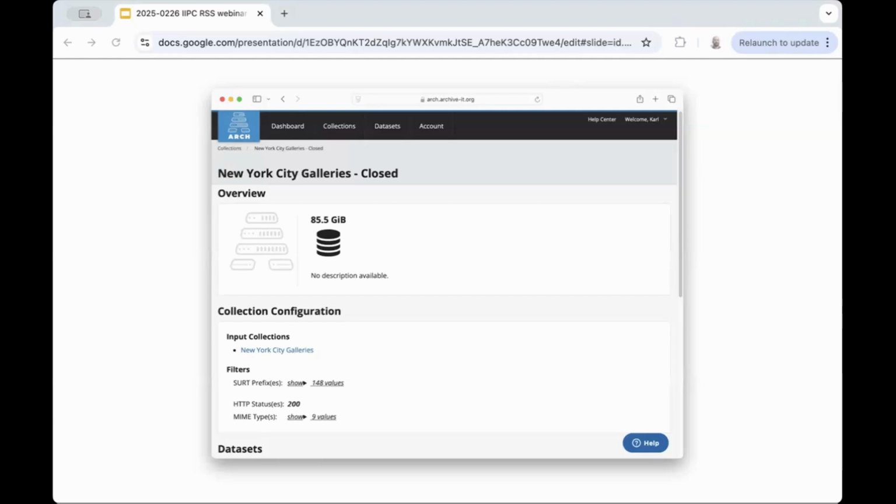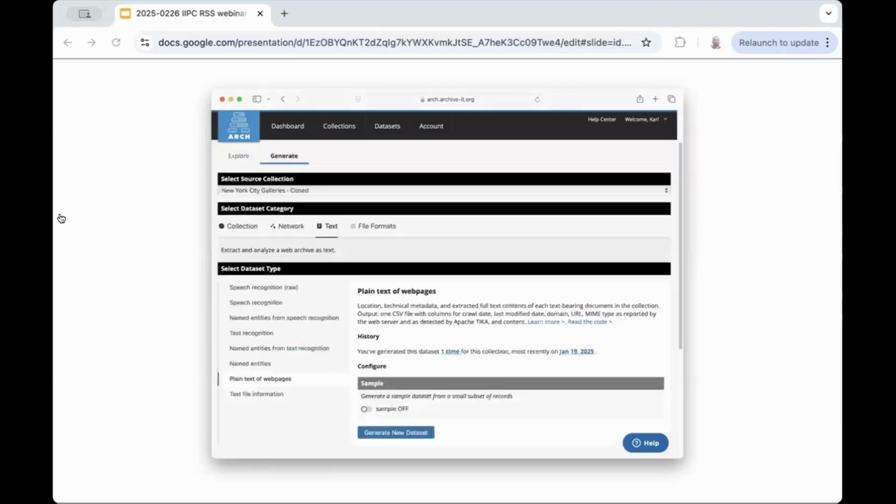So we had a use case about 2 weeks ago at the College Art Association in New York to extract New York City art gallery sites collected by NYARC, the New York Art Resources Consortium. And specifically in this case, those that were closed during or since the COVID-19 pandemic and found that rarely have that presence online anymore. So they're especially unique to this data set as a primary source. We're able to run some jobs on those in particular.